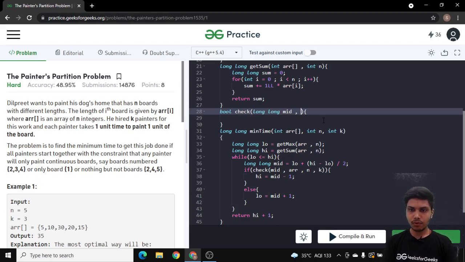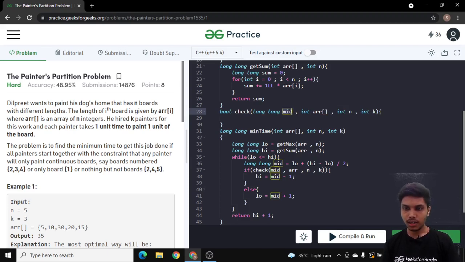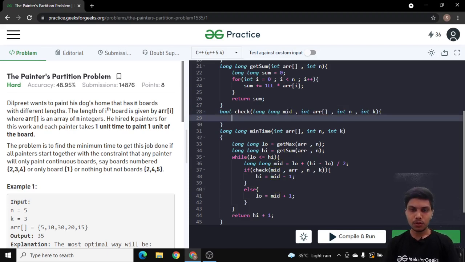It will take 4 arguments: mid, the array, n the size of the array, and k, the number of painters. What it will do is check whether it is possible to assign boards to painters in such a way that the maximum time needed to paint is less than or equal to our mid value. So we will check this greedily.